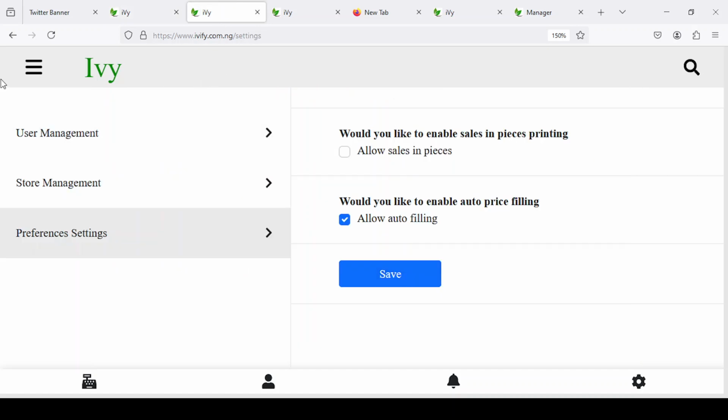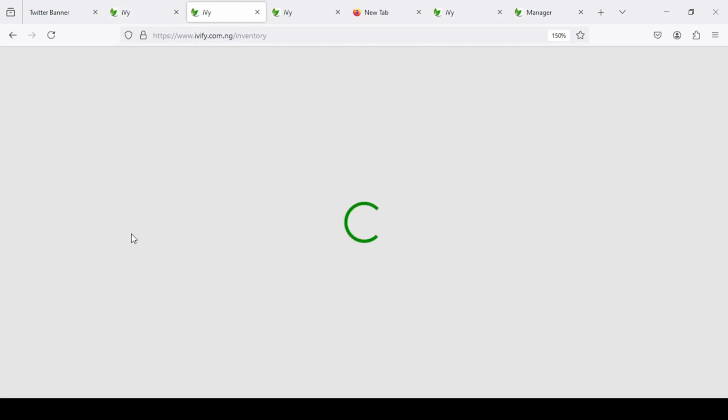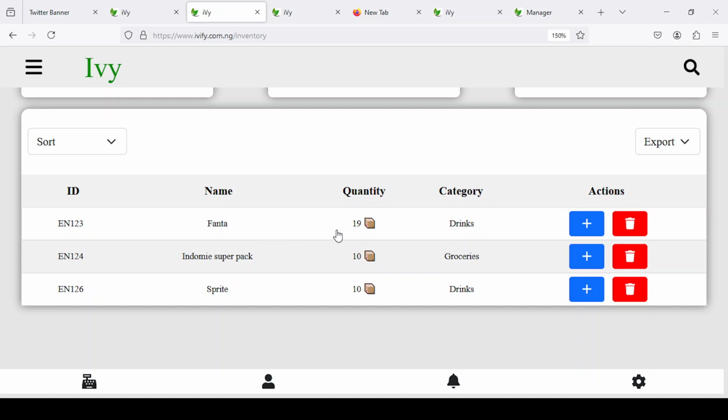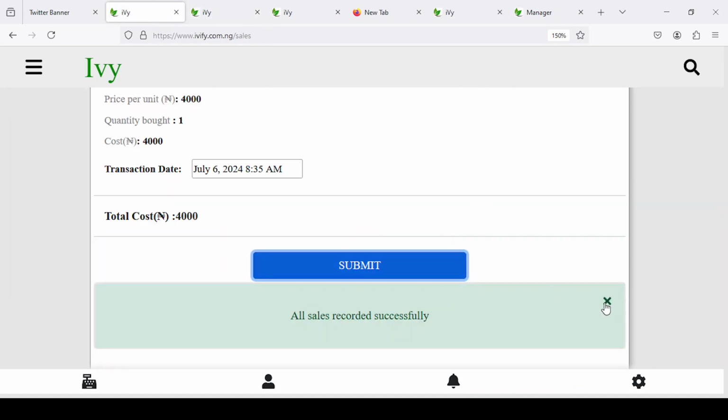Okay, sorry, let me go back to the inventory page. Now you see the Fanta has reduced from 20 to 19. Okay, so it means the software is working as expected. So now the next thing, if I want to